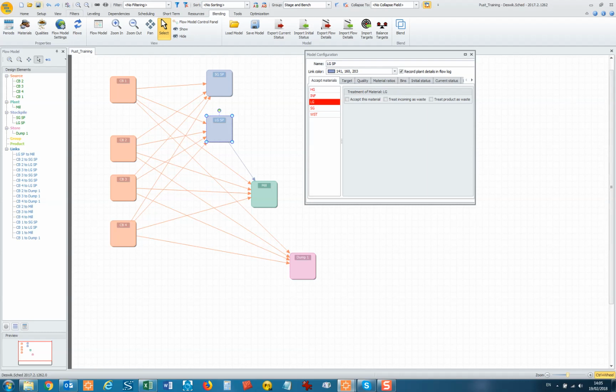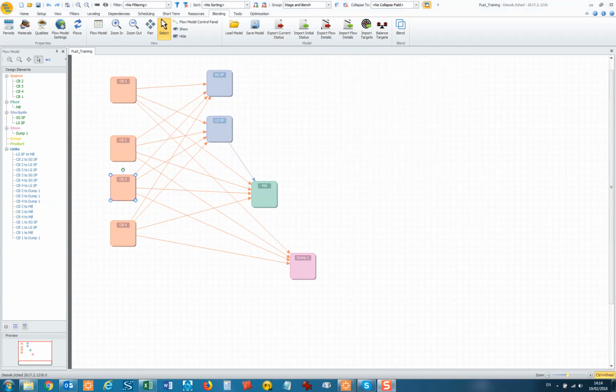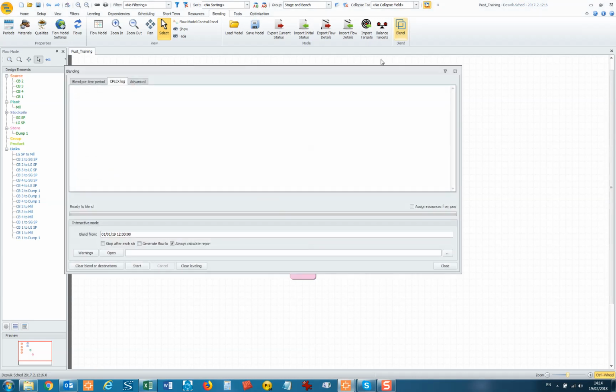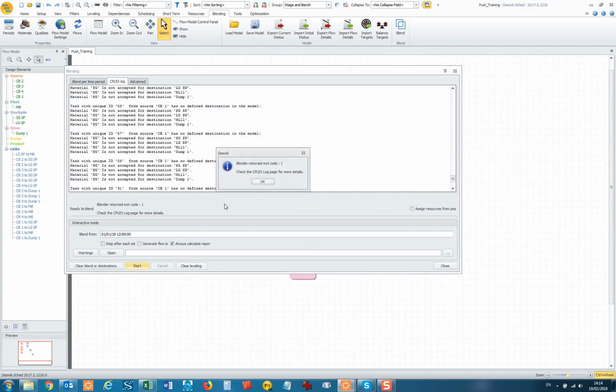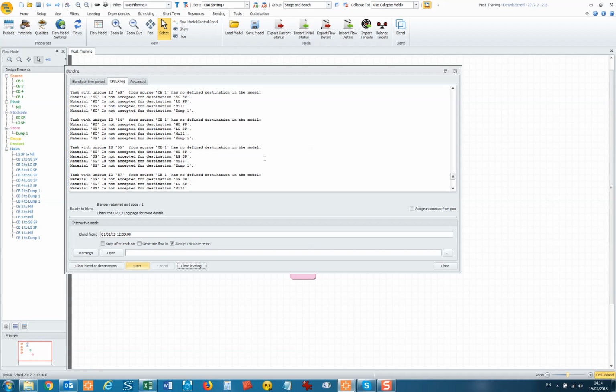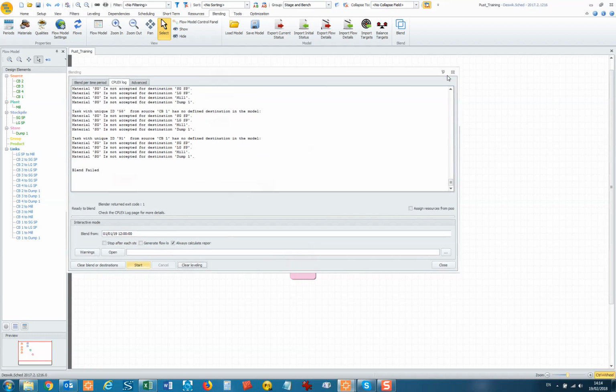I can't believe that this is still happening. This is a bug. See if it does anything. No. It's all from CV1, so maybe it is